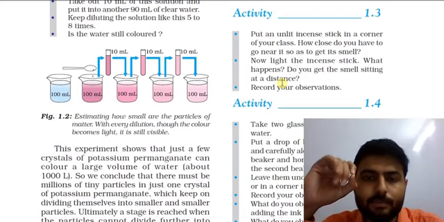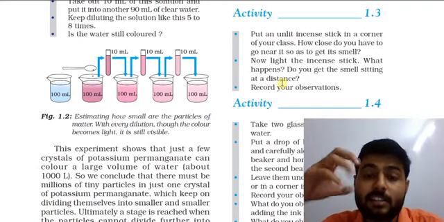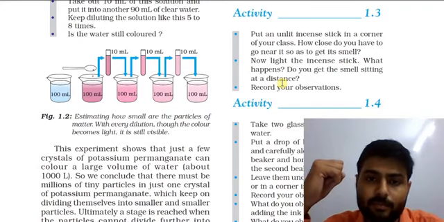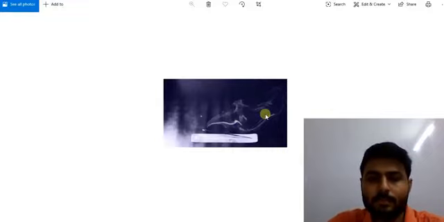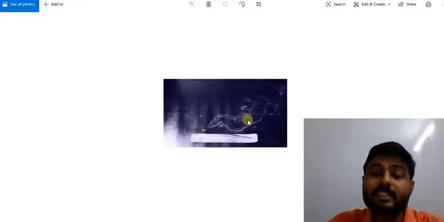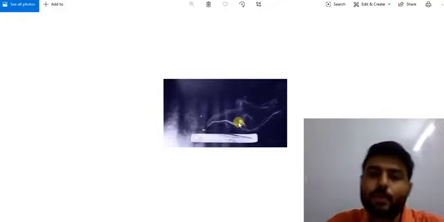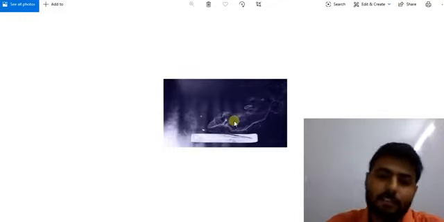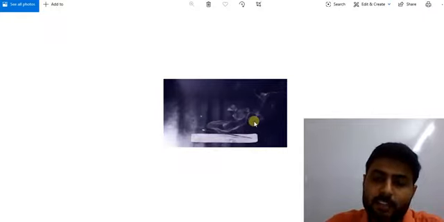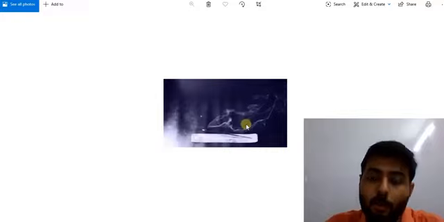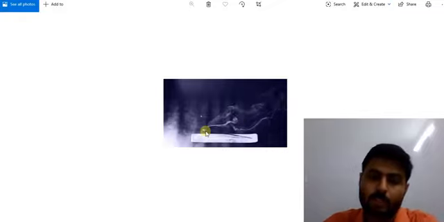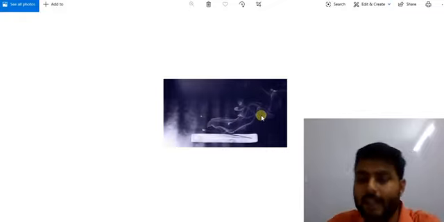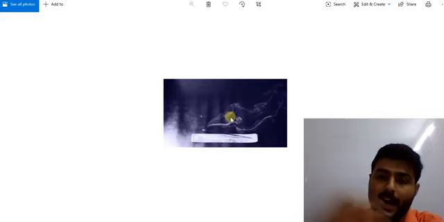So what will happen at that time? The particles of the incense stick get kinetic energy from heat. Here we can see, and now we are familiar with kinetic energy, that these fumes are moving, which means they have kinetic energy due to their motion. So it has much more kinetic energy, so it can travel more distance. This heat gets converted to kinetic energy and we can smell it from a far distance.